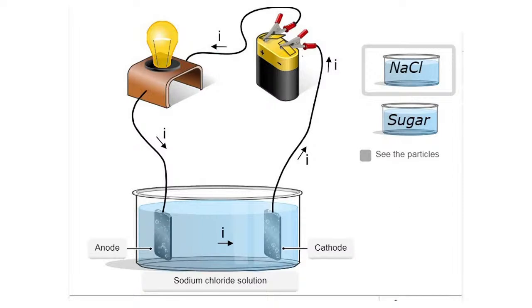Here I have a question for you. I am ending the video with one question. I have NaCl, that is salt solution, and a sugar solution. Which of the two will conduct electricity, and why? Another question for you: the liquids which conduct electricity are called good conductors, and liquids which do not conduct electricity are called poor conductors. You are going to find out whether they have any other name. If yes, do comment in the comment section.